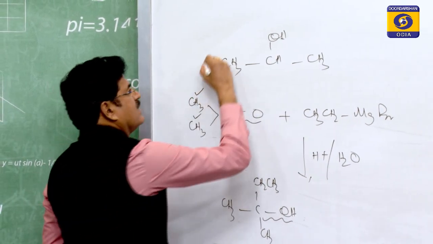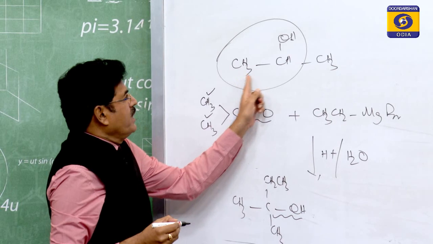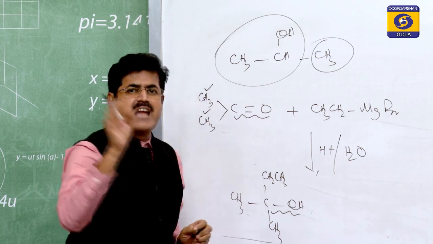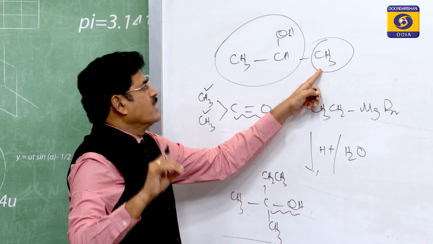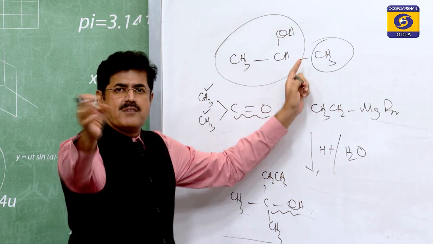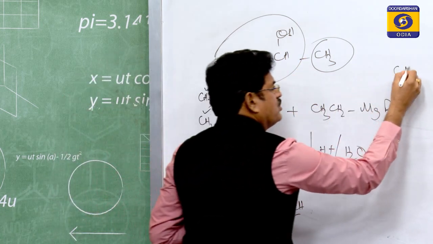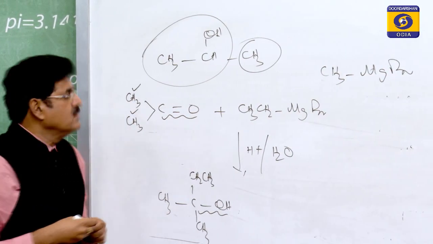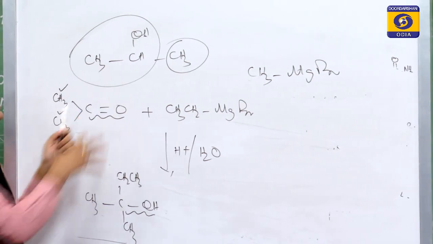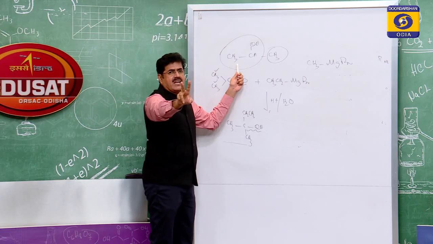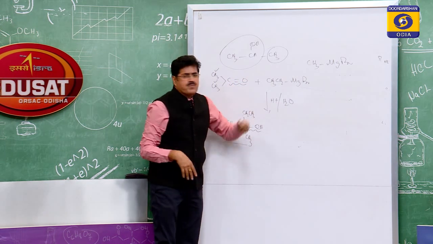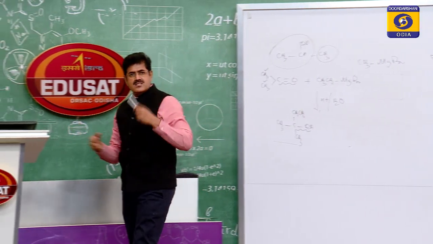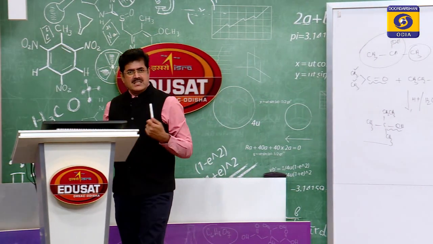This is isopropyl alcohol, and this is the aldehyde. This must be the aldehyde containing 2 carbon atoms, because the Grignard reagent must have an alkyl group, and the lowest alkyl group must be methyl. So, methyl comes from the Grignard reagent. The Grignard reagent we can use here is CH3MgBr, methyl magnesium bromide, with acetaldehyde. The 2-carbon aldehyde, acetaldehyde, with methyl magnesium bromide gives isopropyl alcohol. This question can also be expected in the CHSE exam.